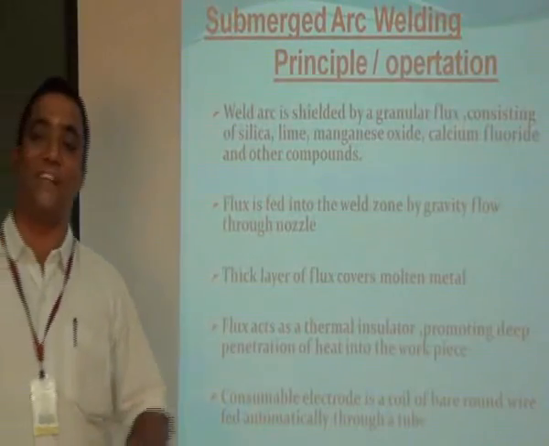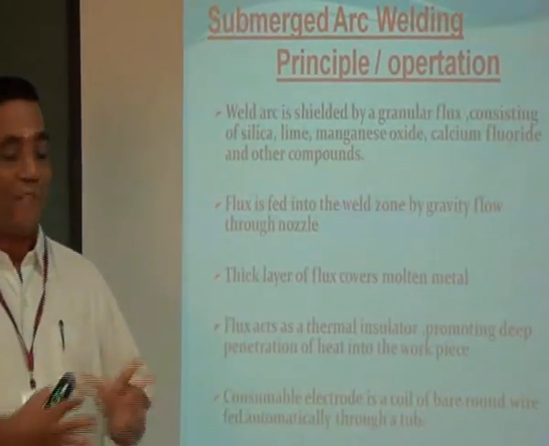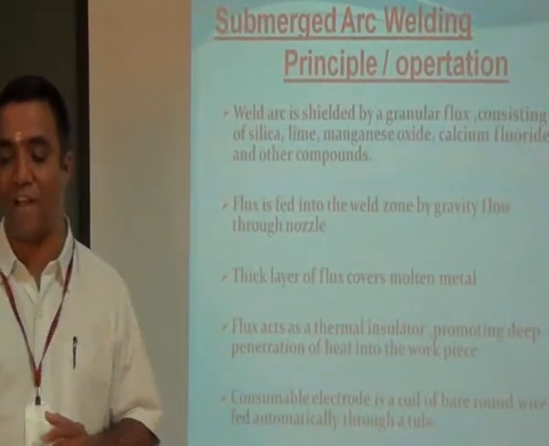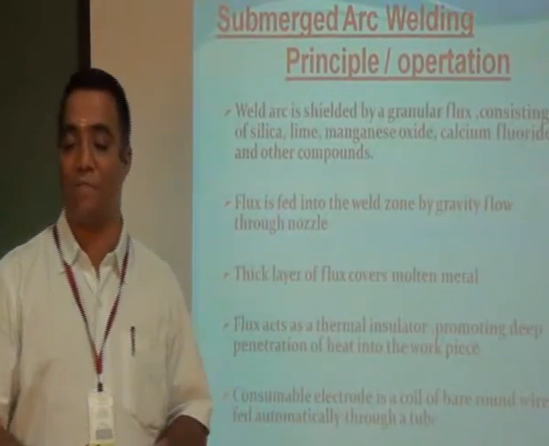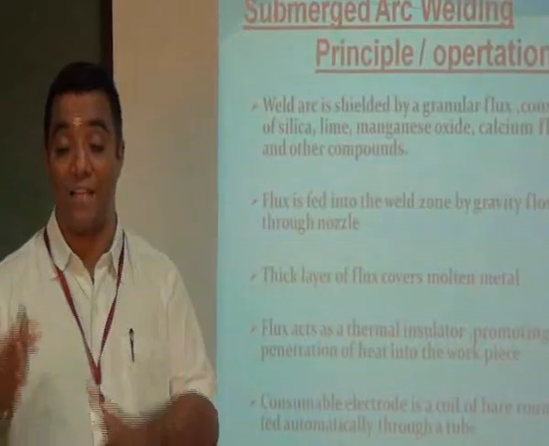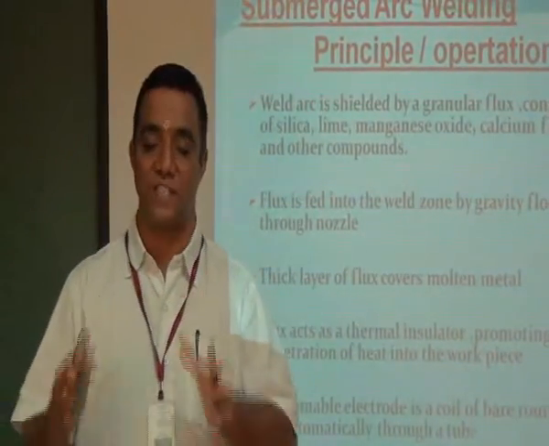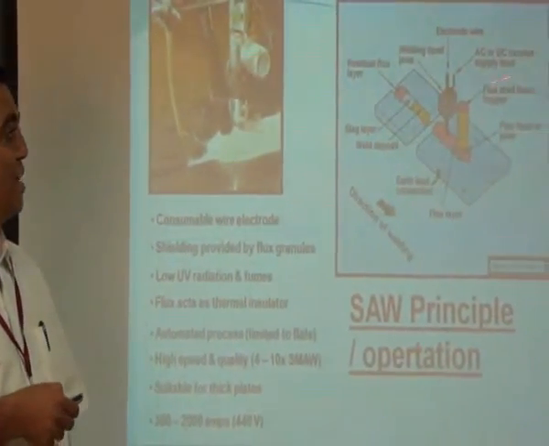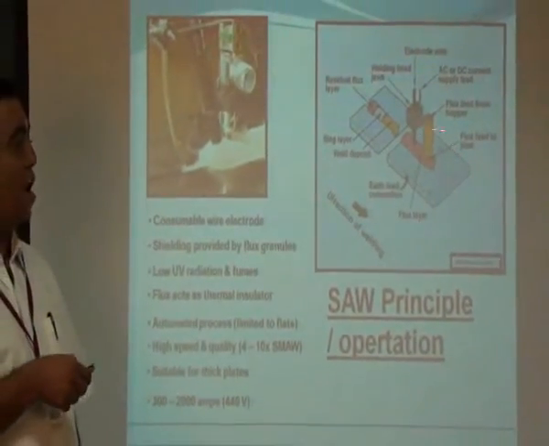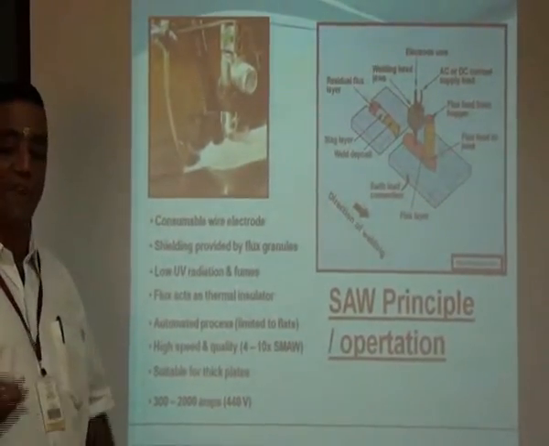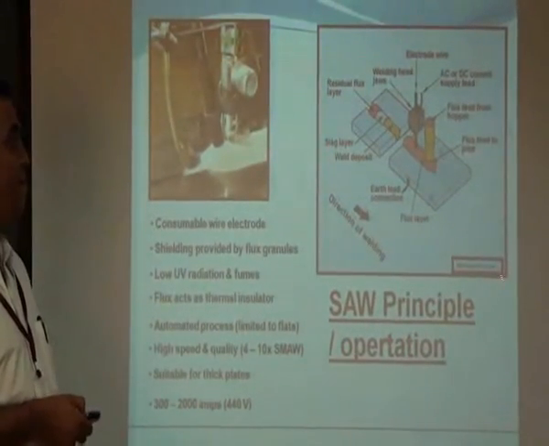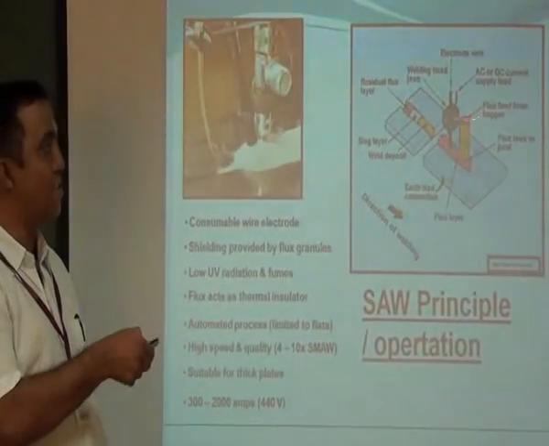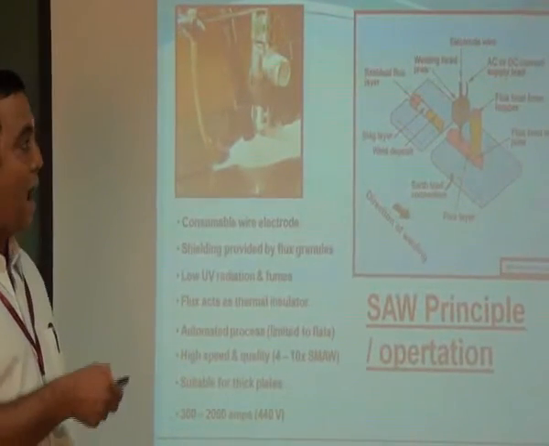Remember, here what we are doing is we are taking advantage of all the processes. Here, the basic requirement of the submerged arc welding process is that you need a bare wire in the form of a coil like that of the MIG welding process, and the flux has to be supplied in the powder form. These are the two important requirements as far as this submerged arc welding process is concerned. See here, you have the flux hopper. This is the hopper or the nozzle-like arrangement in which the flux in the form of powder will be fed, and there will be an opening. And there will be an electrode or the wire. These two things will be joined together,